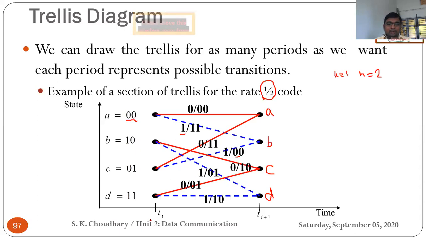And you can see in the x-axis, the time instant is changing. Here it starts from a time Ti, and it will go into the next state at time Ti plus 1. Means for every next state, your time passes by the value of 1. Okay. So this is the fundamental structure of the trellis. On the basis of this fundamental structure, we will draw the further trellis diagram.